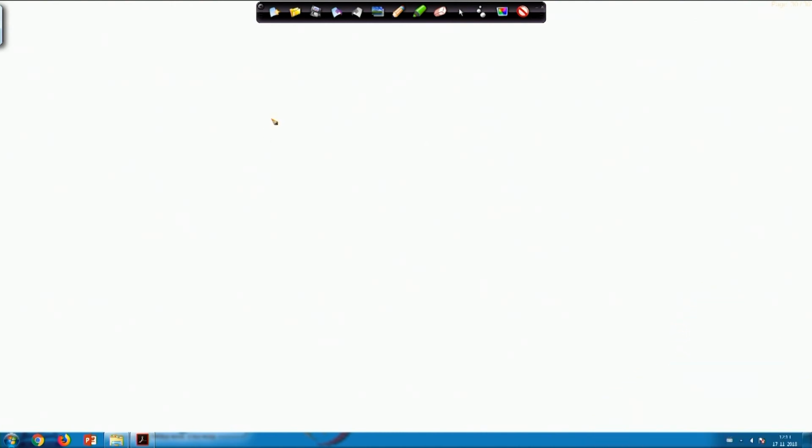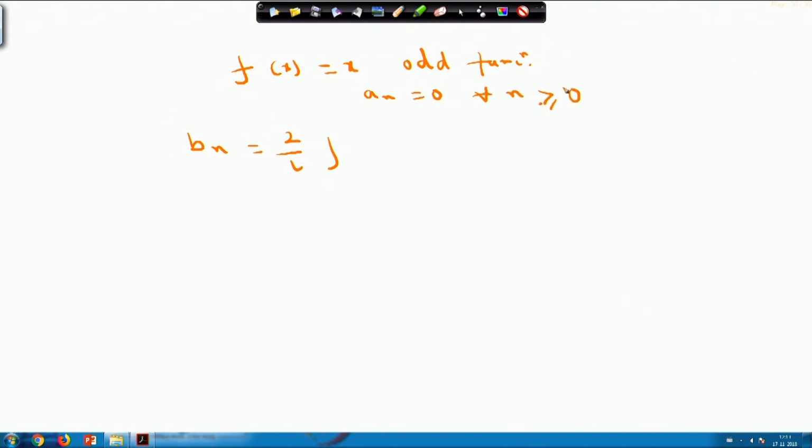So, here f(x) is x. So, basically it is nothing but an odd function. Therefore, directly I can tell your a_n will be equal to 0, b_n will be 0 for all n greater than or equal to 0, and b_n will be equal to 2 by L